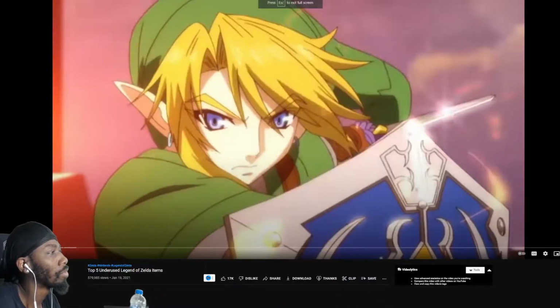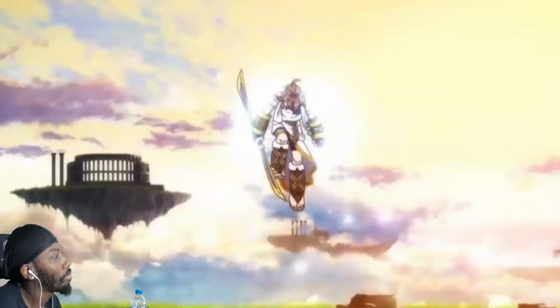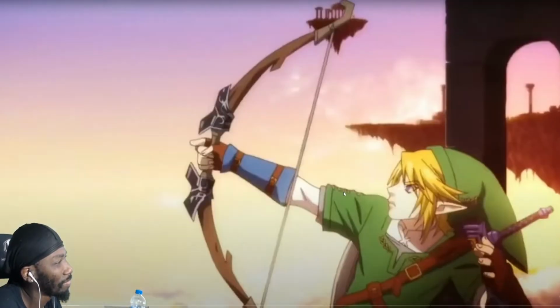Link's arsenal of tools is iconic. He's a one-man army, a warrior with inexplicably bottomless pockets in which he stores anything from bows to...